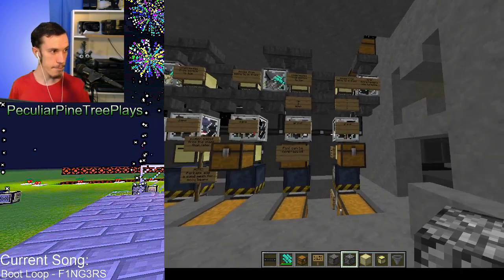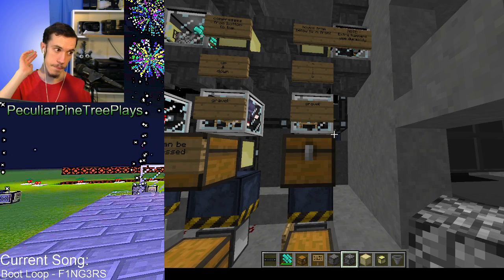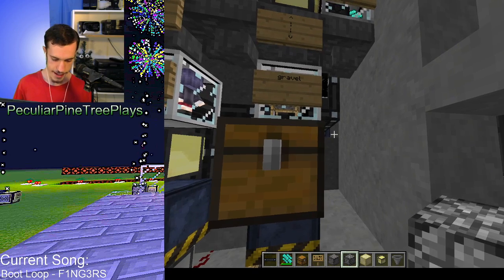Basically, here's the idea. This is an auto machine where it takes the cobblestone input. Now, it actually takes in...